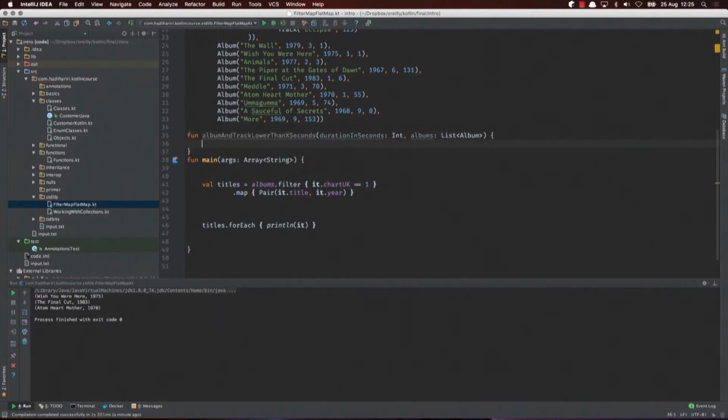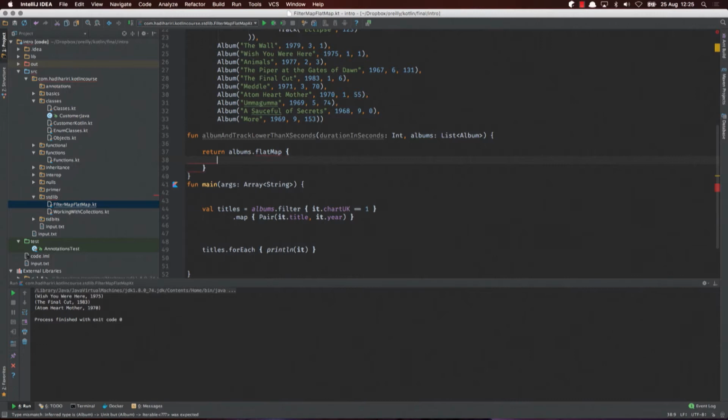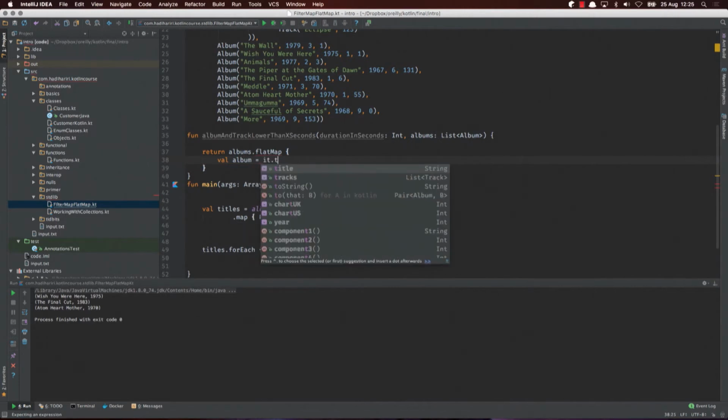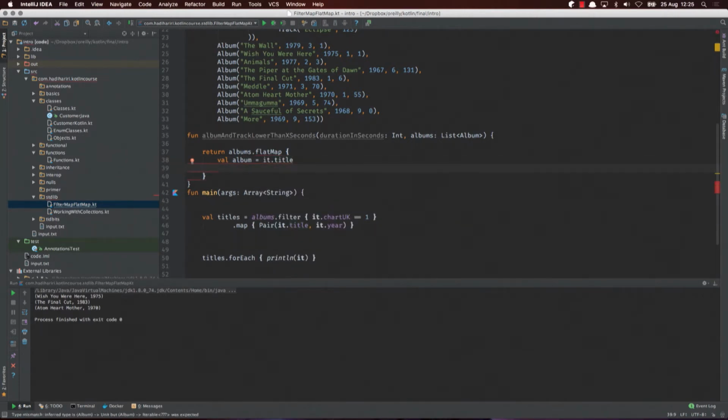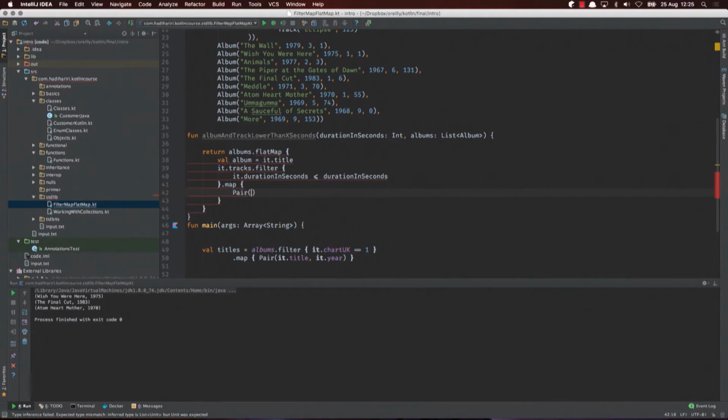Now, how would I go around to implement this? Well, what I want to do is return albums, the ones that are being passed in. And we're going to use this function called flatMap. And I'll explain to you what this means in a minute. Now, for each one, I need the title. So I have got to store the title in a variable. And now I've got to go through each one and filter out those that the duration in seconds is less than or equal to the duration in seconds being passed in. Okay. Once I have that, I want to map the result to a pair, which is the album and the